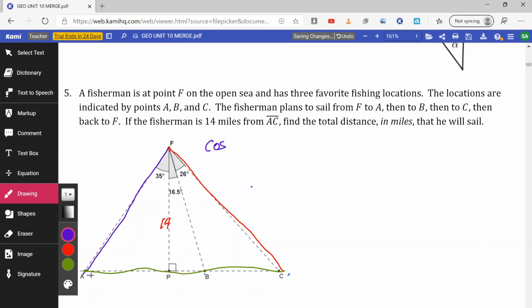So here we have triangle FPA, and so that means we're dealing with an angle measurement of 35. And cosine is adjacent over hypotenuse. So we have 14 over our hypotenuse, FA. Now to figure it out, we have to get h by itself. So what I want to do first is get rid of this fraction. So we'll multiply by what's in the denominator, which will cancel it out. So we have h cosine 35 gives me 14. And we'll divide by cosine 35,